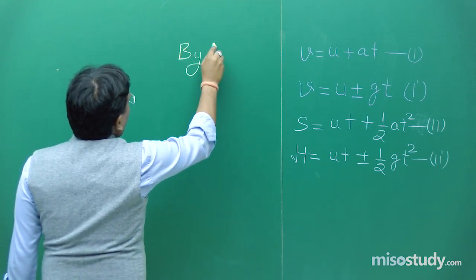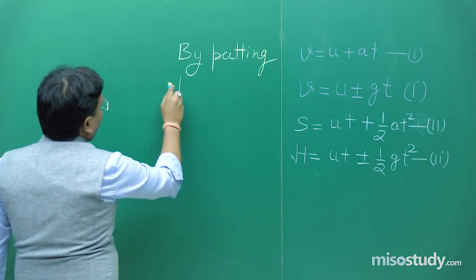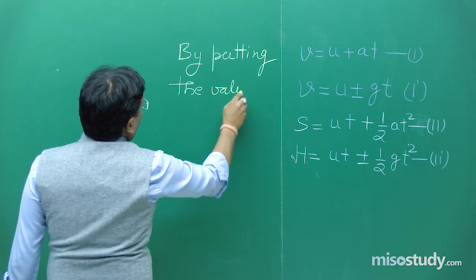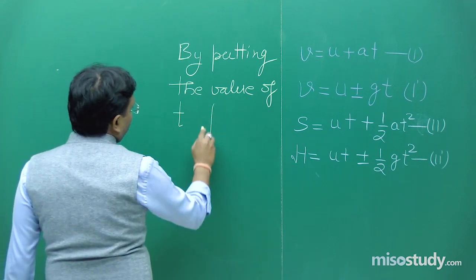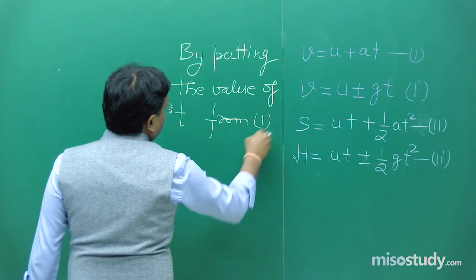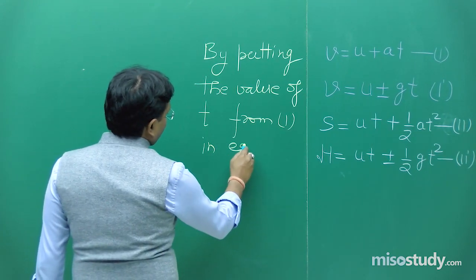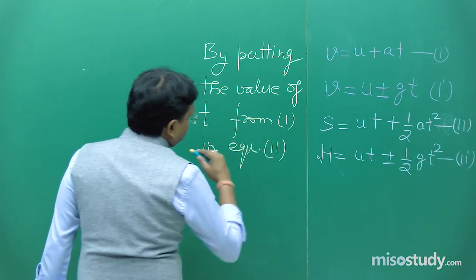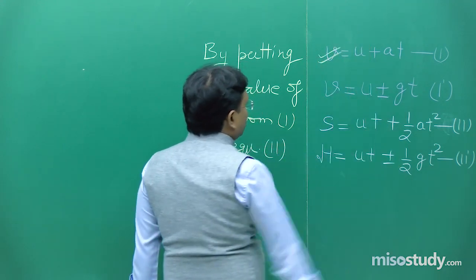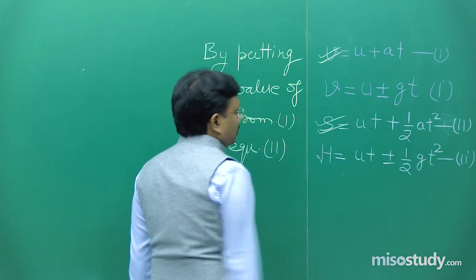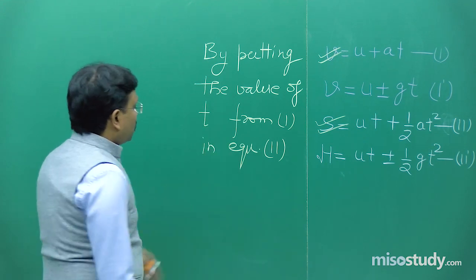By putting the value of t from 1 in equation 2. Okay. So, equation number 1, this purple color equation, equation number 2, this white color equation. So, by putting the value of t from 1 in equation 2 and solving,